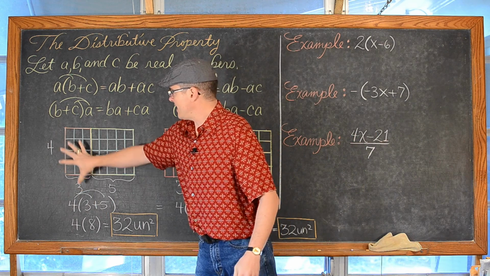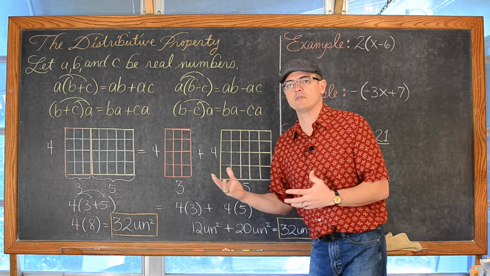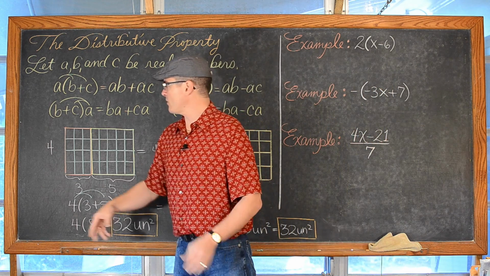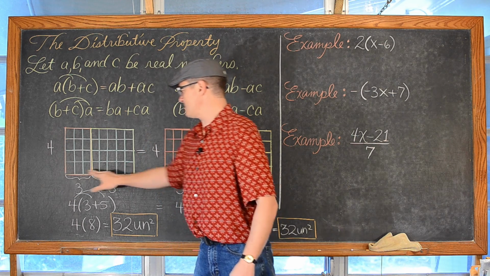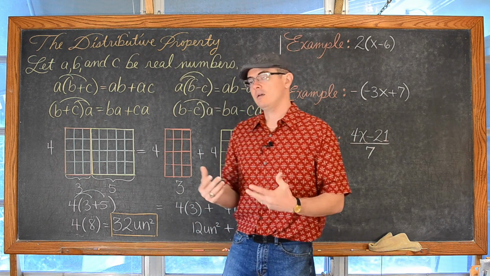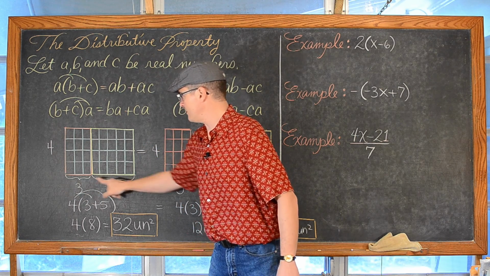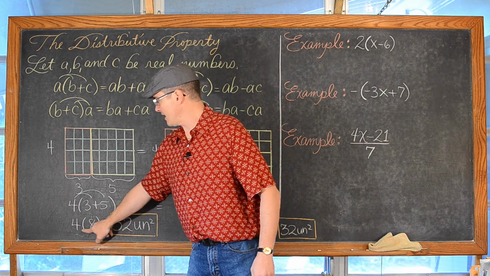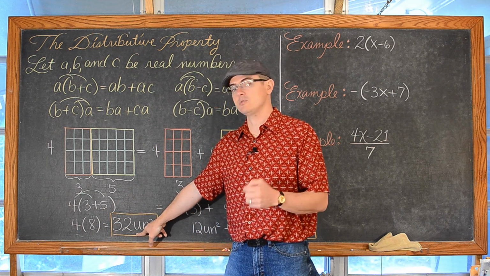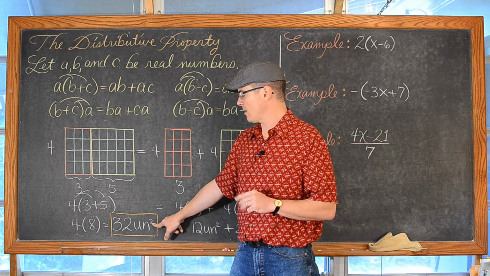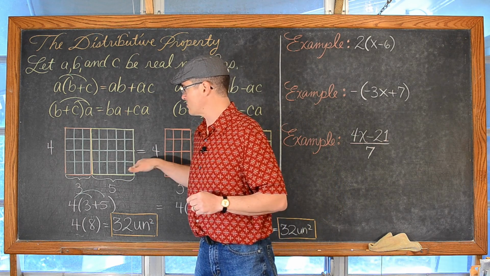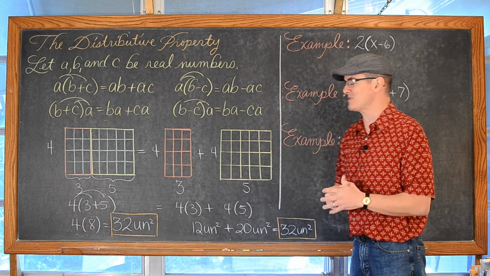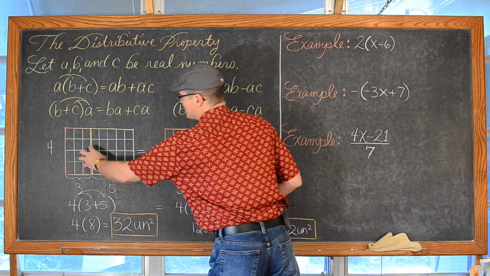So here we have a big rectangle. Now this isn't a proof of the distributive property, it's just to validate, at least in one example, that it actually works. To find the area of a rectangle, it's height times base, or length times width. And we have a height of 4 and a length of 3 plus 5. Well, 3 plus 5 is equal to 8, and indeed 4 times 8 is an area of 32 square units. That little exponent of 2 represents a unit of measure for area because there's length and there's width. And I can just see 4 times 8, there's 32, well, let's call them squares. They're not really squares, but we have an area of 32 square units.